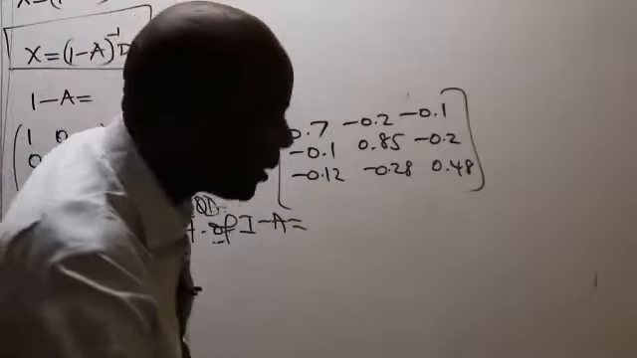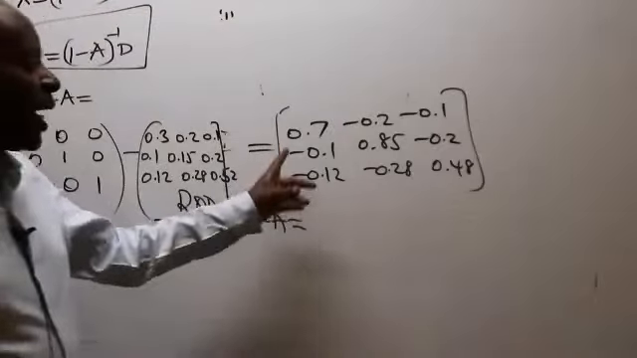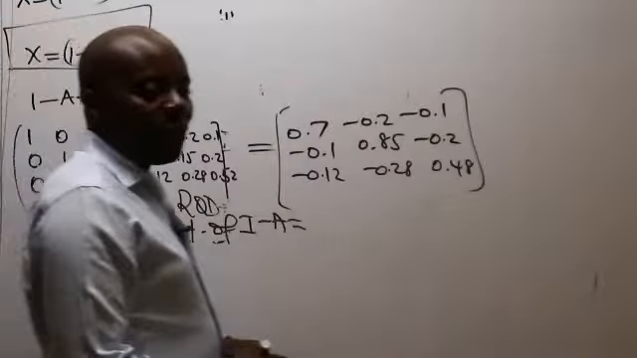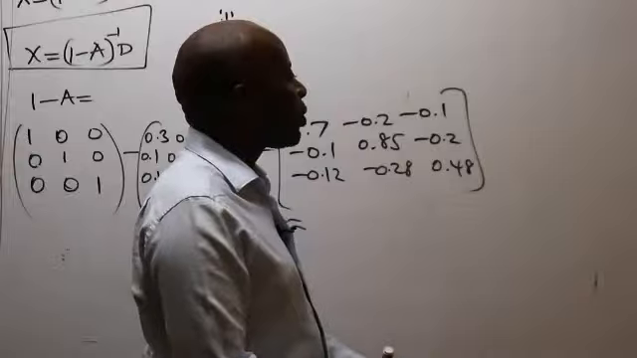Haya, so ladies and gentlemen, help me. Isn't it the matrix of I minus A? If it is the matrix of I minus A, for me to get the determinant, what I'm supposed to do is to